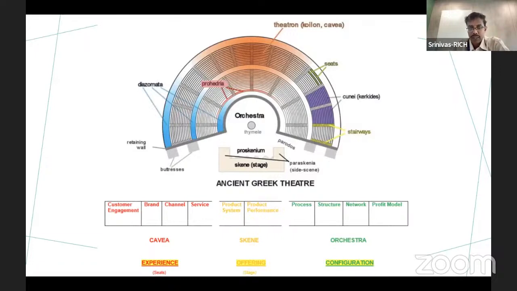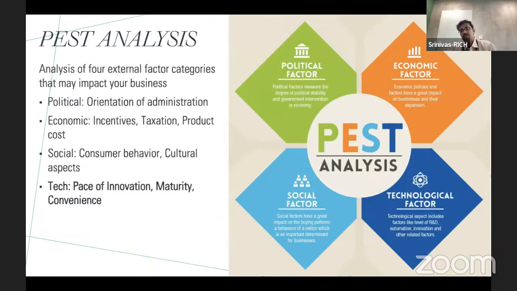You are creating a brand. You are offering the product or service through a channel, right? But then when you go to PEST analysis, you're looking at more external factors, not internal, like political factors. What if the prevailing government is not very progressive and doesn't want to pursue decarbonization, right? Then would a product around decarbonization be worthwhile pursuing?